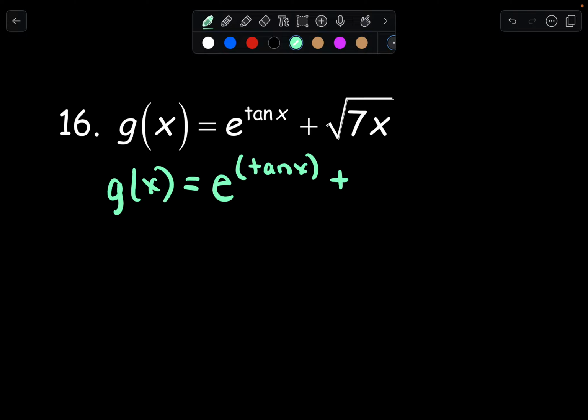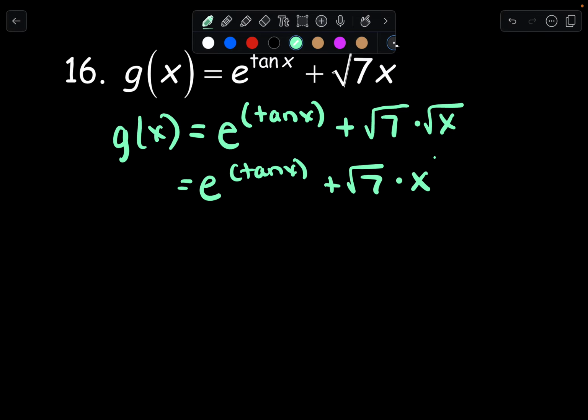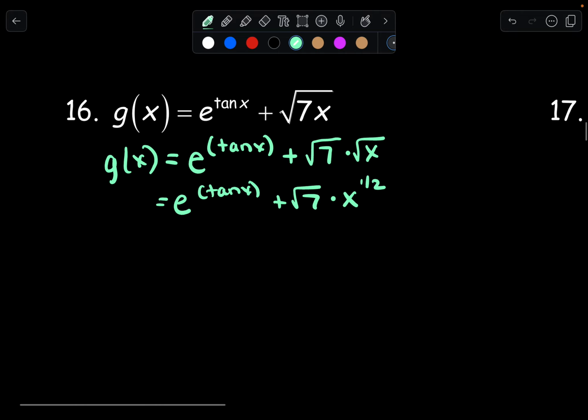And then on the back side, you could technically rewrite this as square root of 7 times the square root of x. So if you want to avoid using the chain rule for that second part, you can. So that means we have e to the power of tan x plus root 7 times x to the power of 1/2. So I want to reiterate,